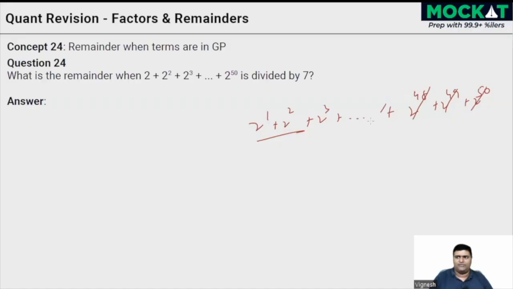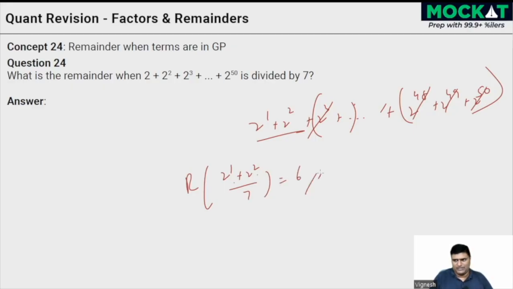Remove 3 at a time from the end. All of these are removed, right? All of these are removed. And we are left with the first 2. So what is the remainder of 2 power 1 plus 2 square divided by 7? 2 plus 4, 6 divided by 7. The answer becomes 6. Right? So that's it. So that's it when it comes to factors in